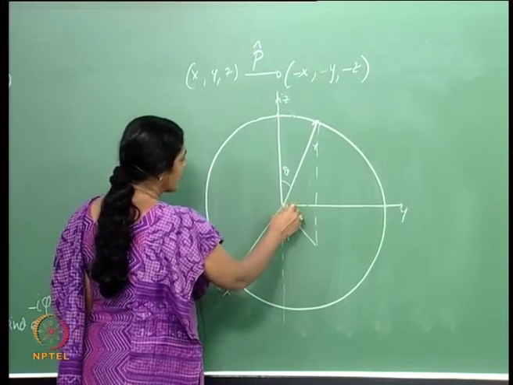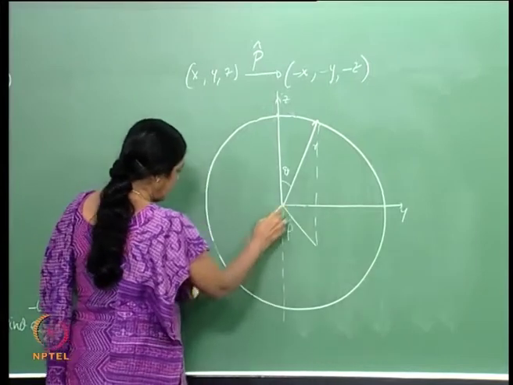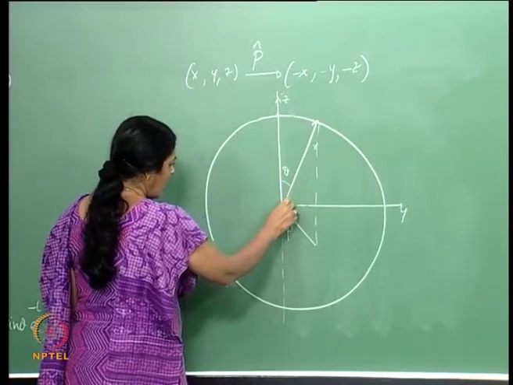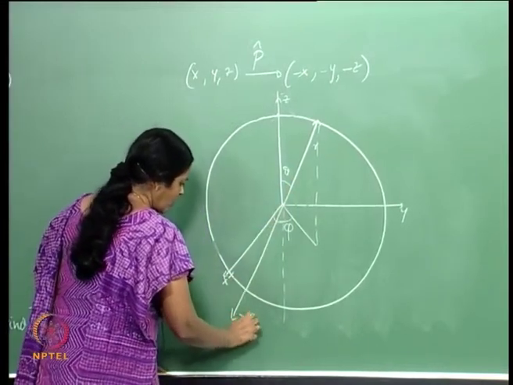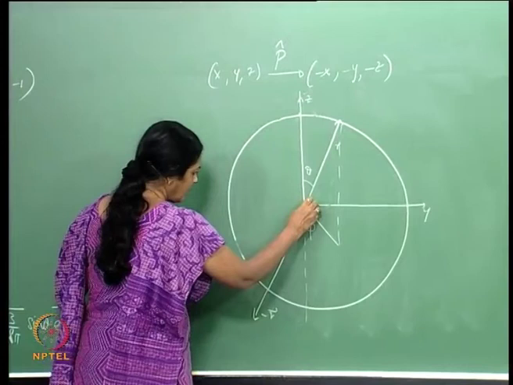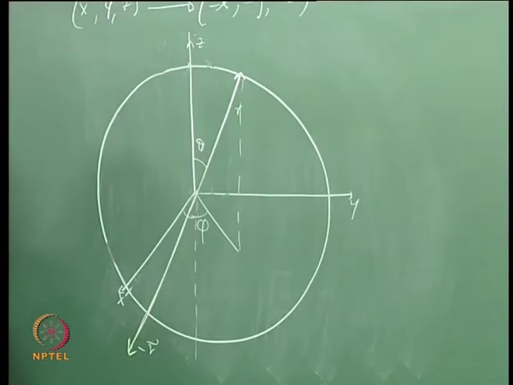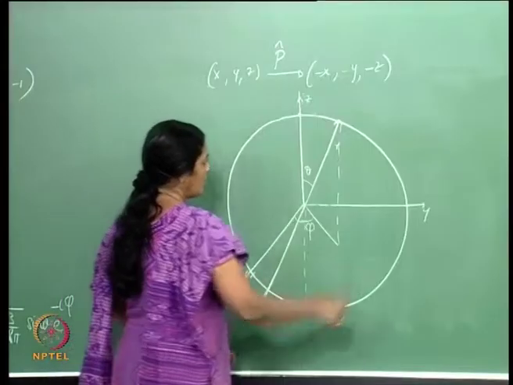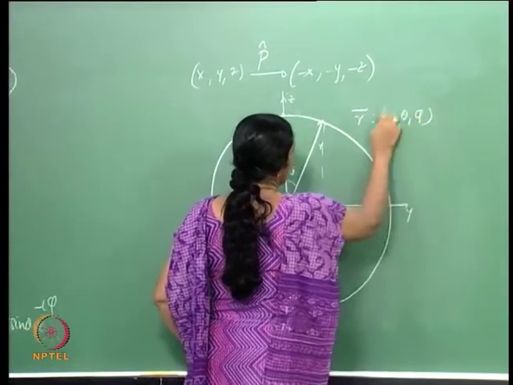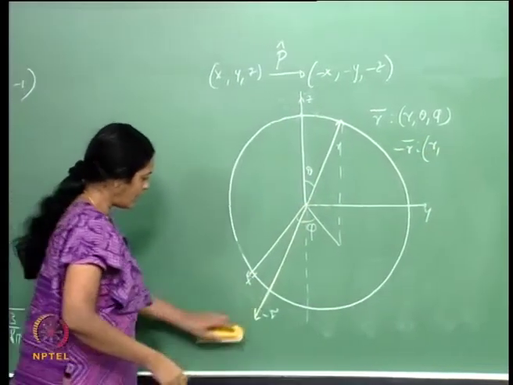So, when x goes to minus x, y goes to minus y and z goes to minus z, let us do this a little bit better. That is x. So, this is phi. r just goes to minus r, which is this object here, which I show in yellow. So, whereas the vector r was given by the coordinates r, theta and phi, minus r also will have a modulus r,